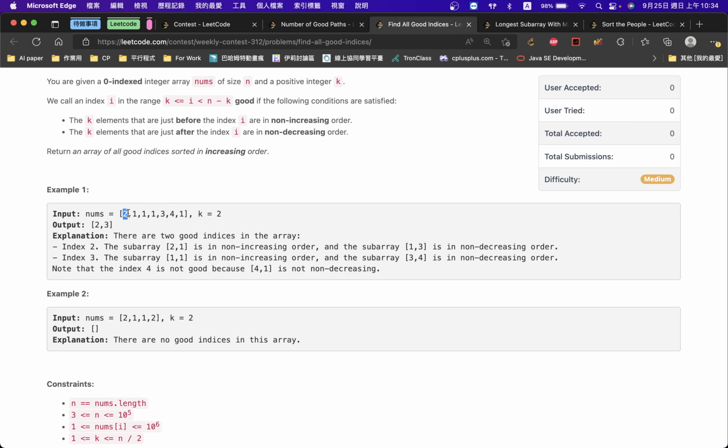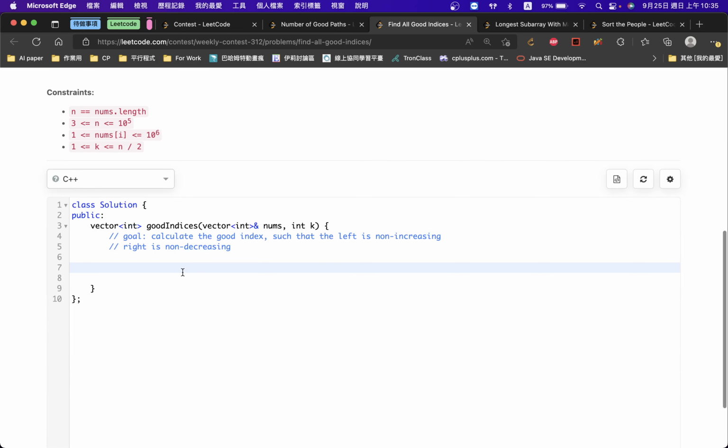So let me think. Right, there is the pointer. First jump